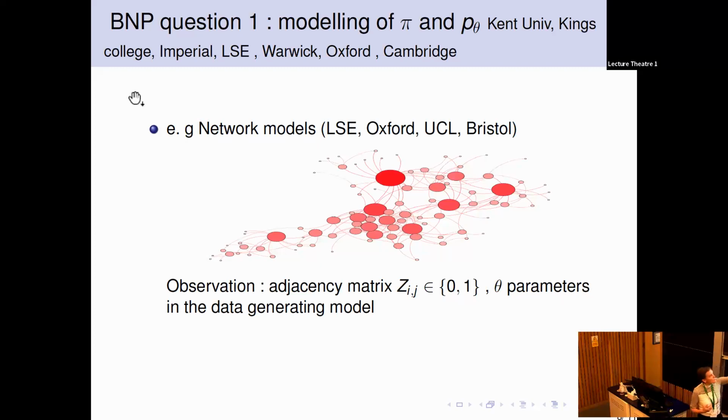There has been quite a lot of research in the UK on this, in particular in Oxford, because François Caron was one of the leaders in this field. But then there are people in Bristol and UCL. Bristol is more on the frequentist side of graphs, and LSE and UCL too. So you want to understand these models, the probabilistic model that you're considering here. It's more about understanding pi, the prior, and how you construct a model on such an object.